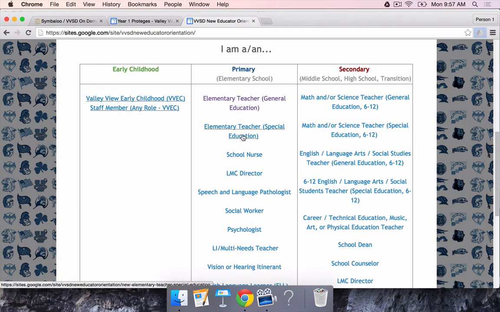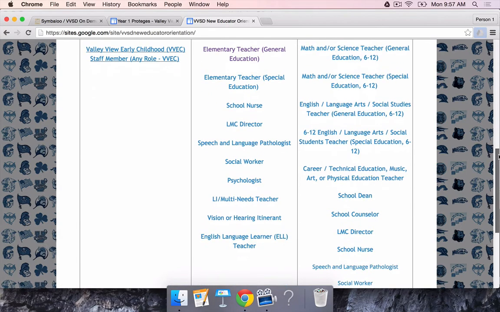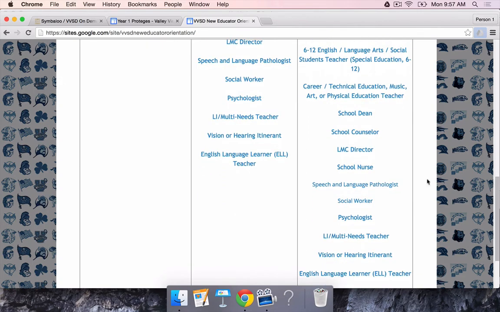If you were a middle school psychologist, then you would go over to the secondary column, and then you would scroll down to psychologist, and then you would click on that information, and it will take you directly to the content and information that you are responsible for as far as new educator orientation is concerned.